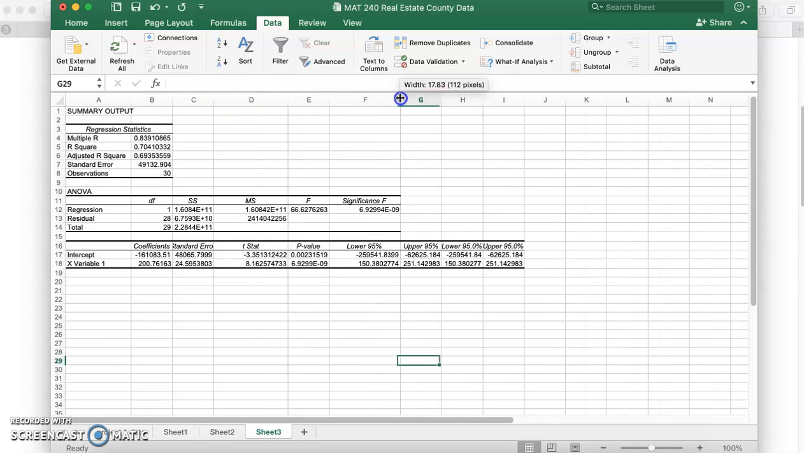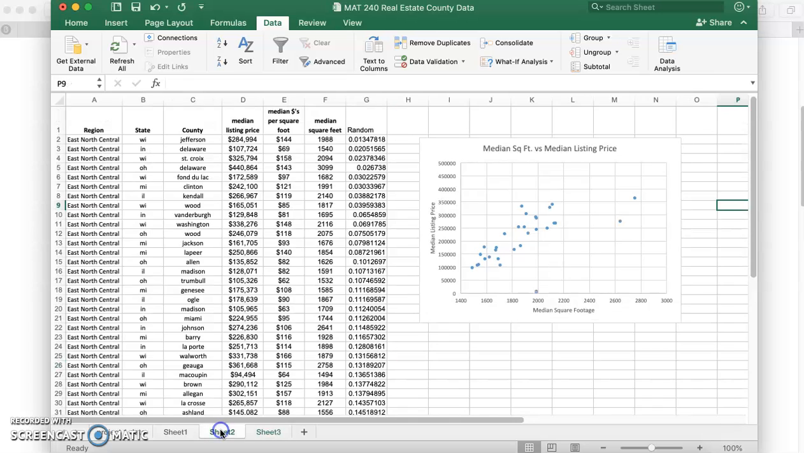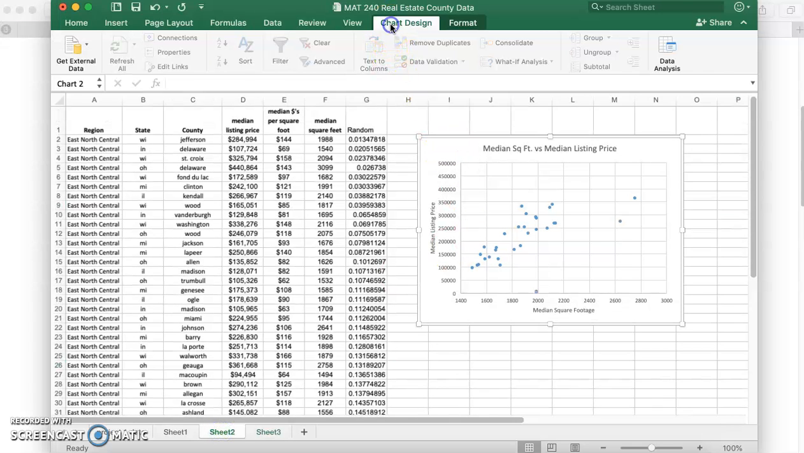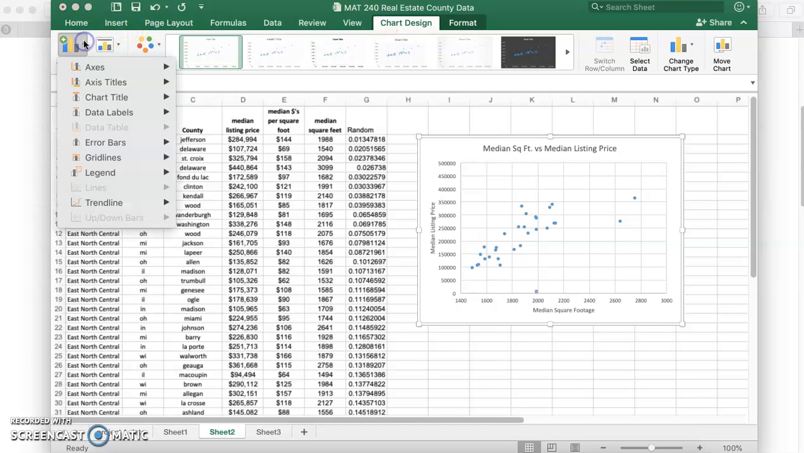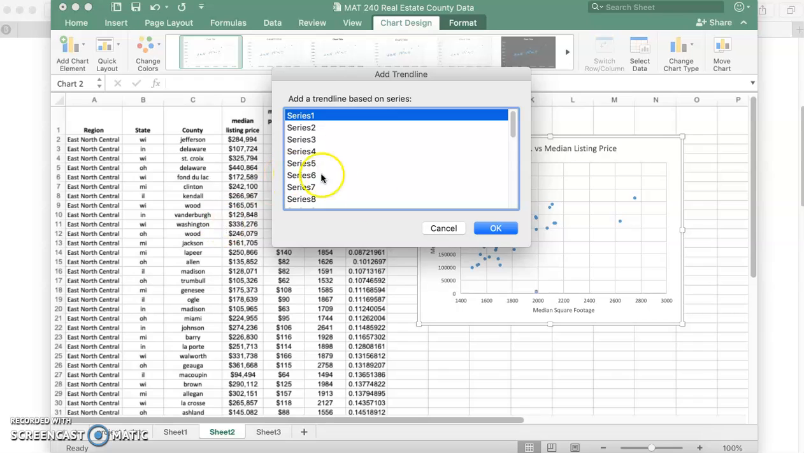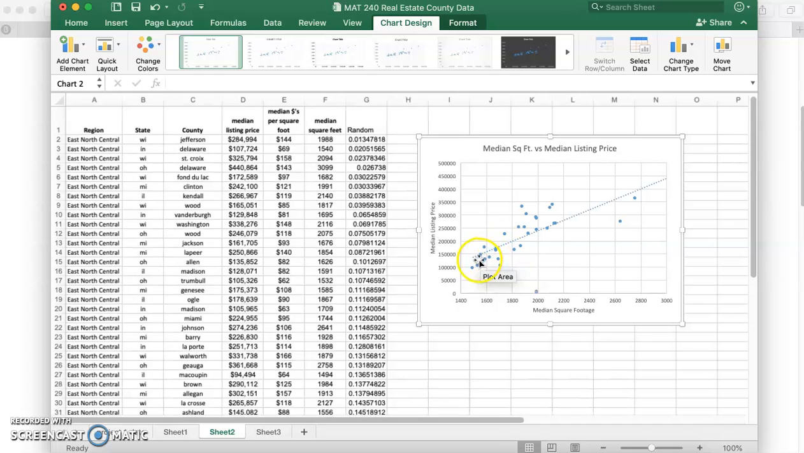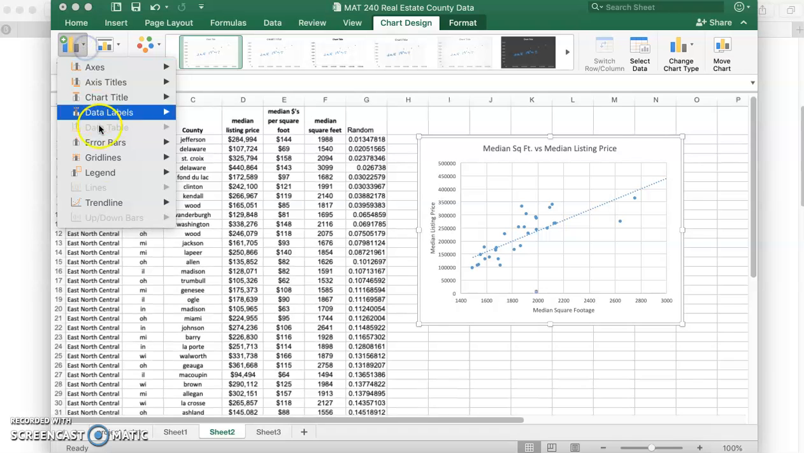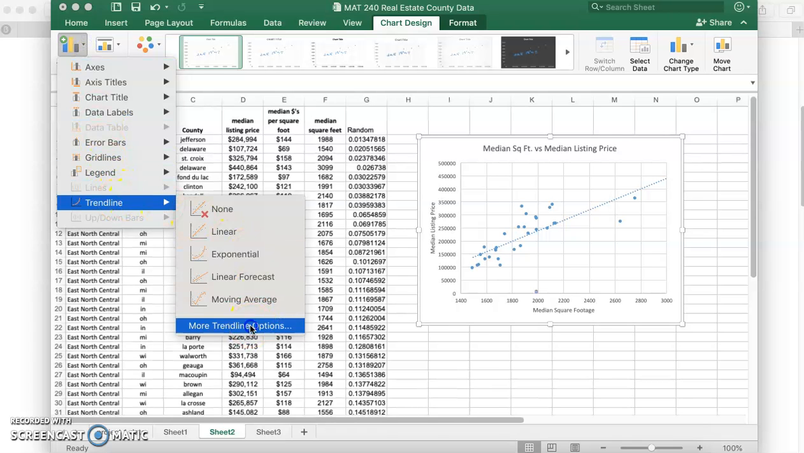Here we go. And one other thing that I found very handy is if you go over here and you go into chart design and you go down to add chart element, and you can include your trend line. So this goes along with your linear regression. So see here, it shows us this trend line. And what you can also do is if you scroll down to trend line and go to more trend line options,